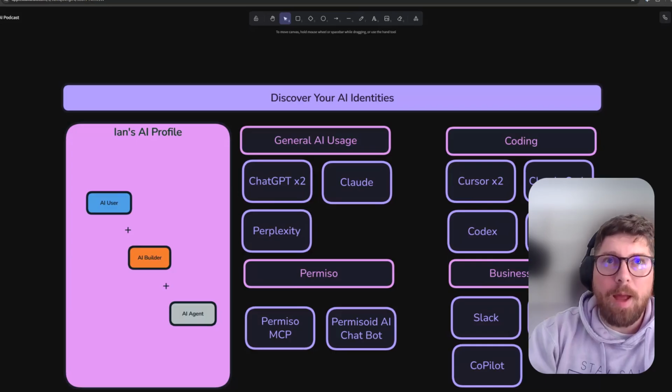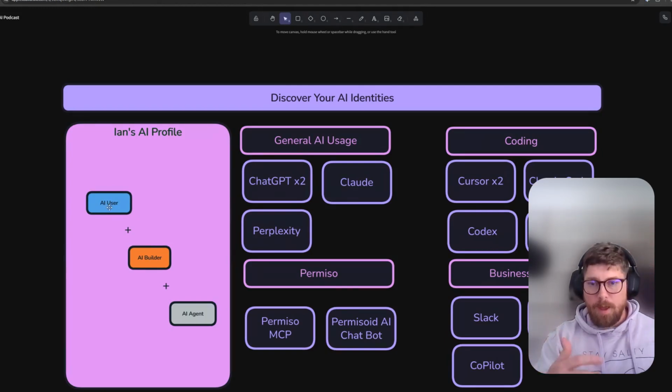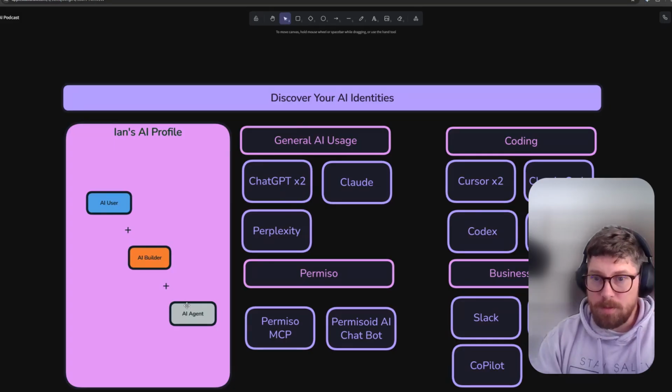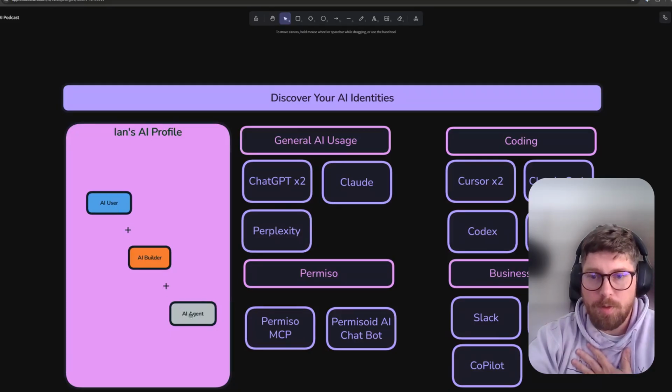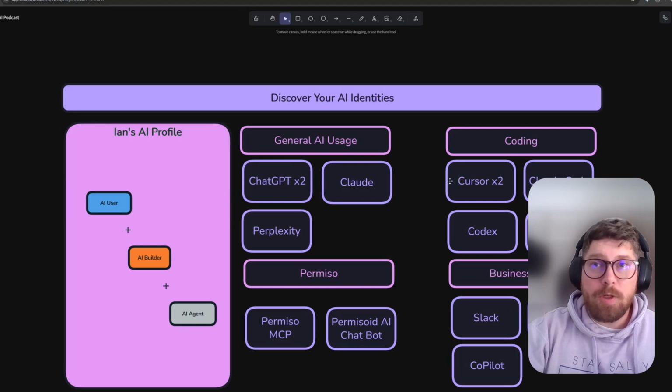And then I try to think about how I would know all this. Another interesting thing to point out, when we look at the categories of AI identities we have from before, I am an AI user, definitely. I also build a lot of AI-related stuff, so I would put myself in that category. And my identity runs a bunch of agents, so I would also include myself if I was listing out all my AI agents. I have some credentials associated with me that I would put into that AI agent bucket as well. I have some pretty prolific AI usage, and this is just a subset of it.